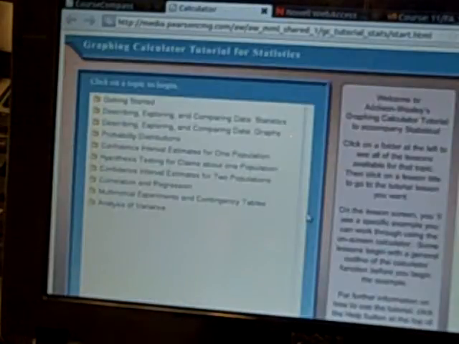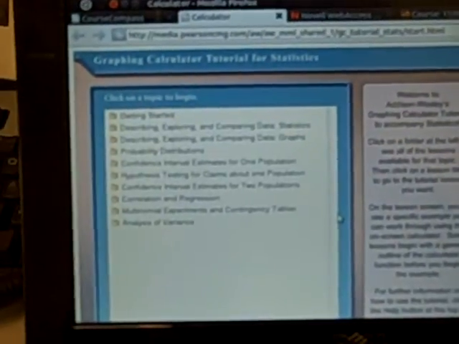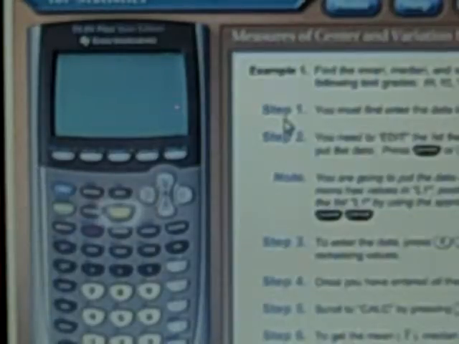If you go into that, there's basically a number of different little tutorials for different things you might want to do. So it says describing, exploring, and comparing data, measures of center and variation from a list of data. So if I go into that,